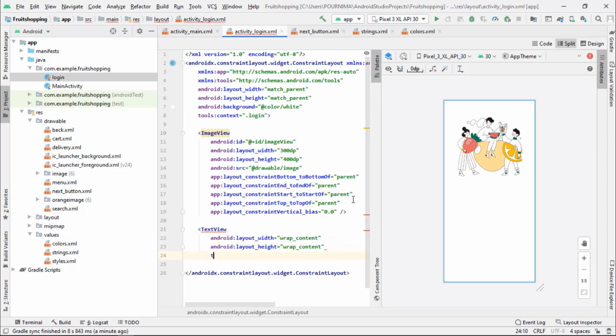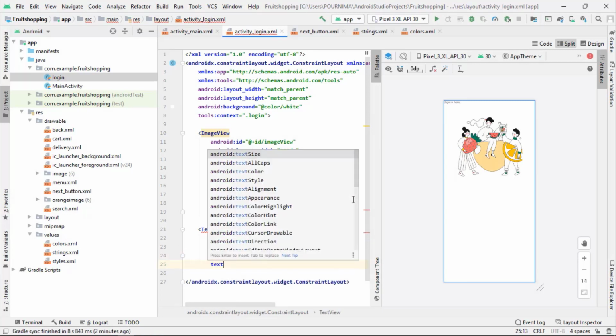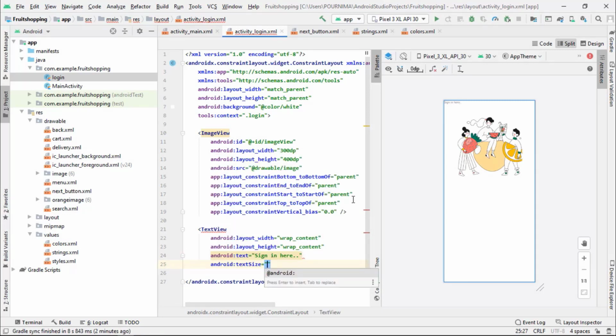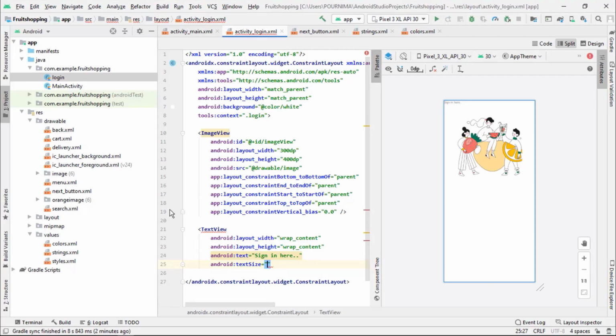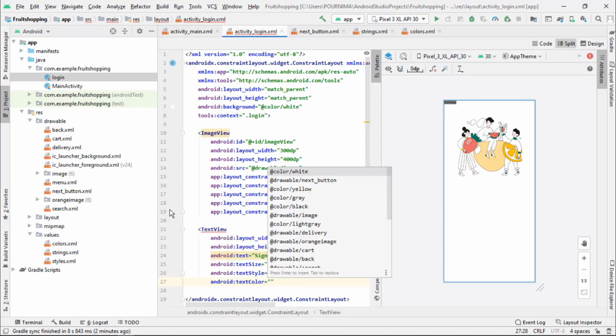and let's add the text, say sign in here. Text size will be 30, so say 30 sp. Text style will be bold, and the color of the text will be black.